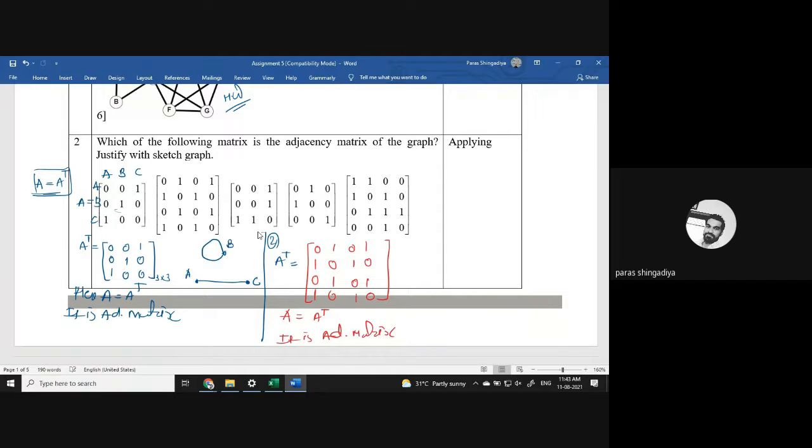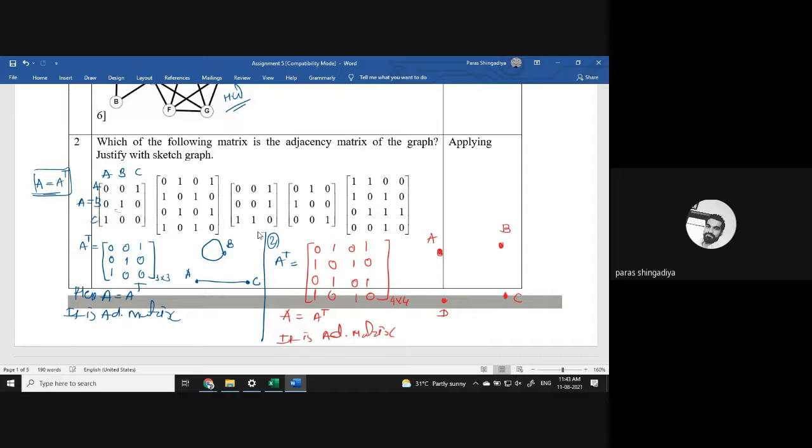Okay, and now we'll create a graph. So here the size of the matrix is 4 by 4. So what does it mean? We'll consider 4 vertices of the graph in any position. You can take any place for the 4 vertices. You will always get the same answer. Okay, it is vertex A, B, C, and D.